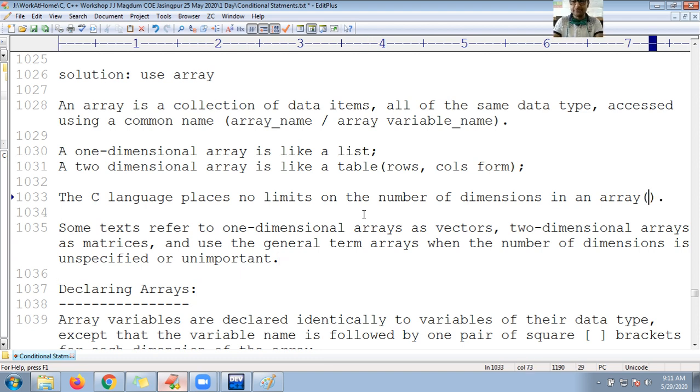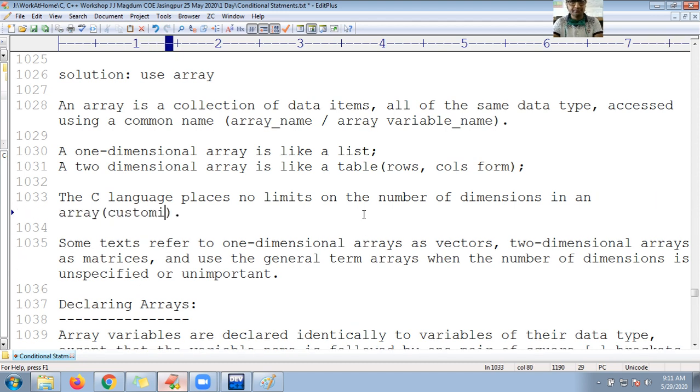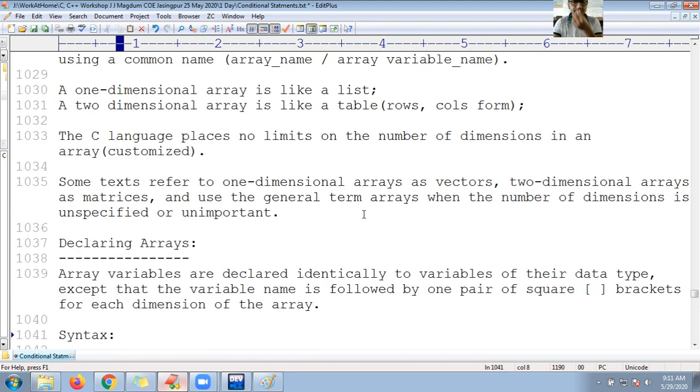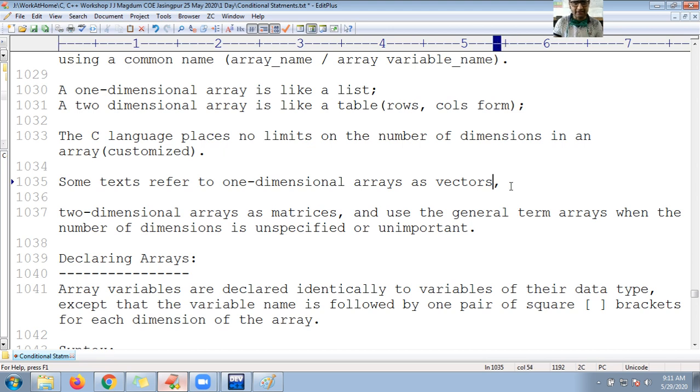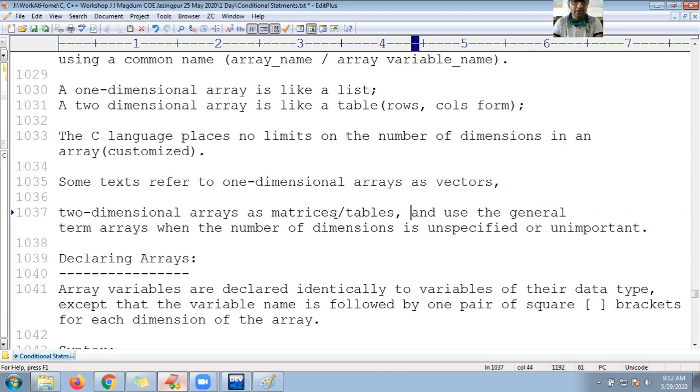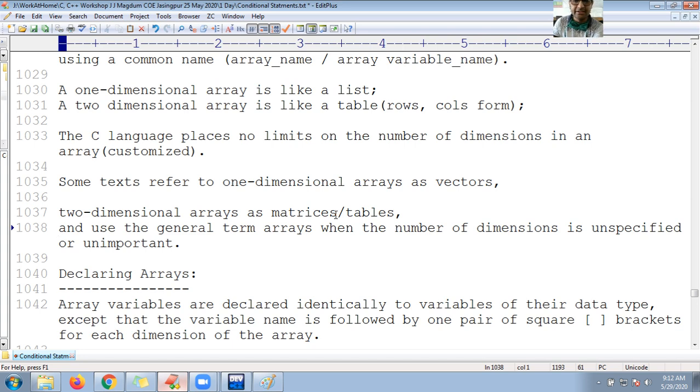If you customize your code, there is no limit to store, and we can call it a customized array in that case. If you are trying to create some text-based array, you can call it a vector, or some other names. So a two-dimensional array will look like a matrix, or you can call it a table. Okay. That size of an array is also called its dimensions.